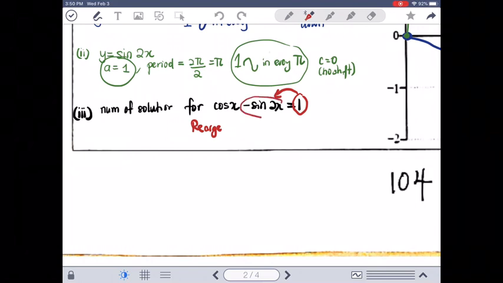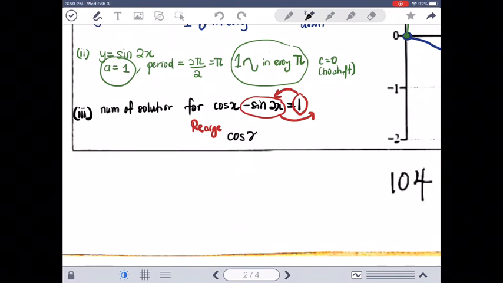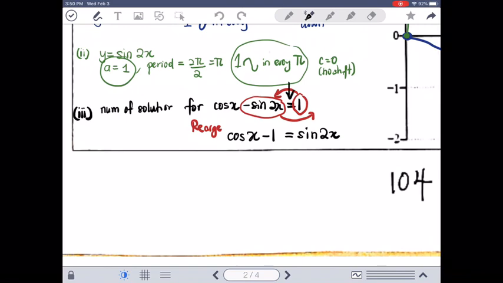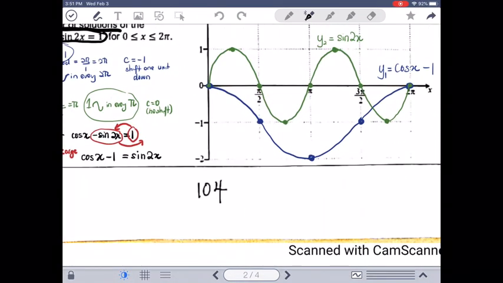One we bring to the left hand side, and negative sine 2x we bring to the right hand side. We will get cos x minus 1 equals sine 2x. Because when you go across the equality symbol, the sign changes from 1 to negative 1, and from negative sine 2x becomes positive sine 2x. So cos x minus 1 is just y1,